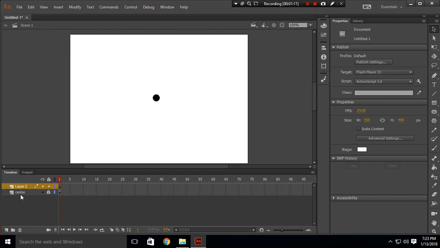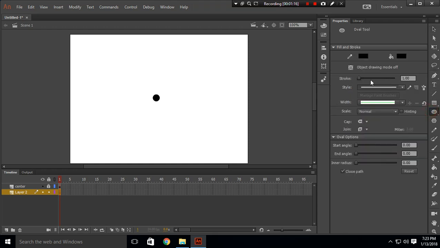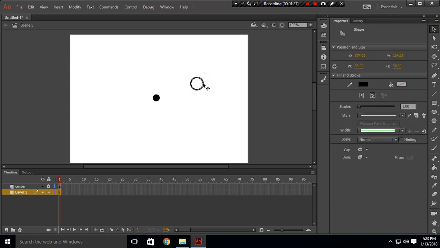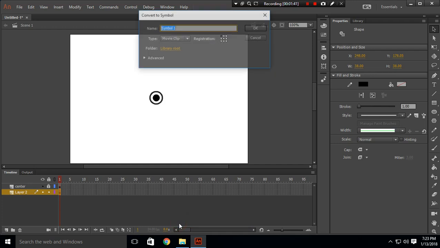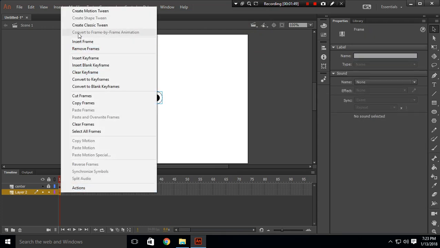So create a new layer and drag this here, and in here I'll create another circle this much big, and we will delete the fill of the circle and move the circle so that the first circle lies on the center of this one. So now convert this to a symbol, click OK, and now I want to create a classic tween,